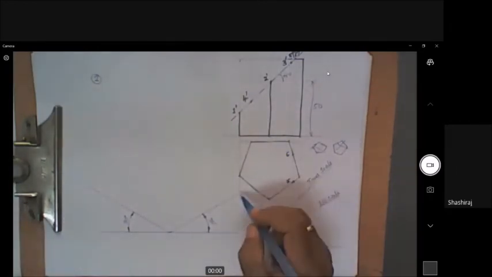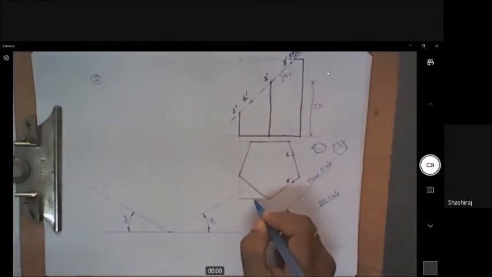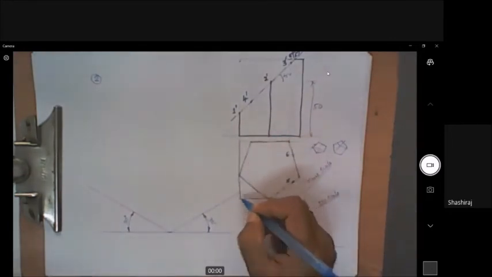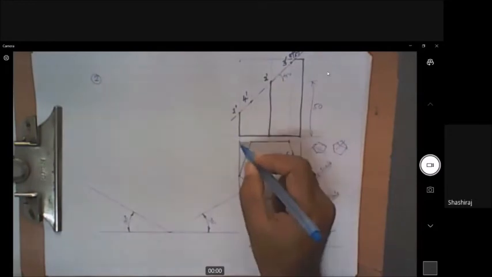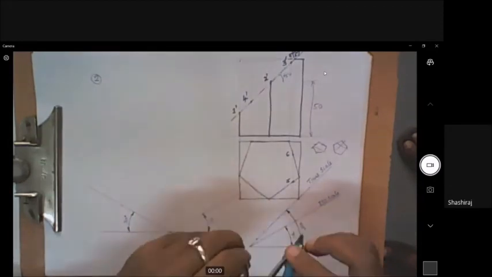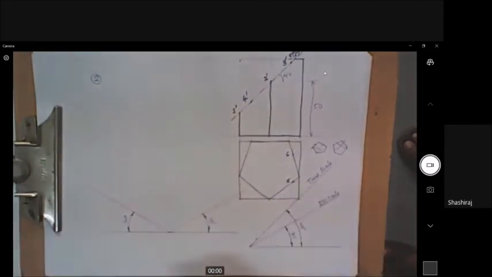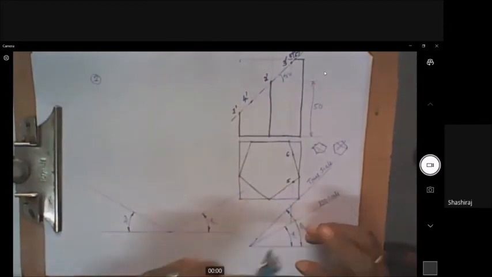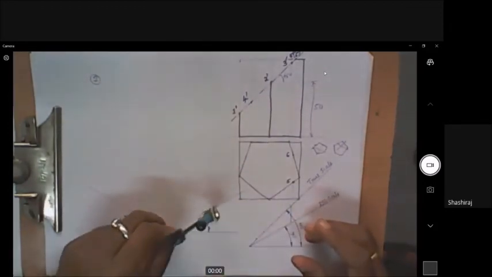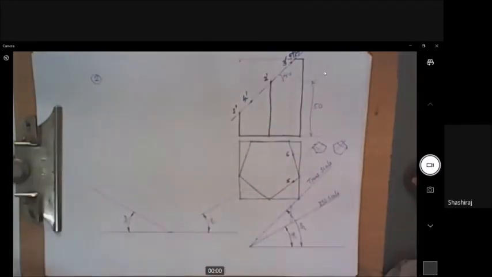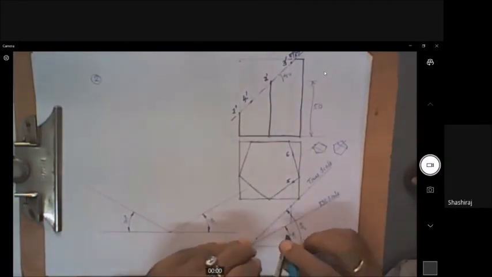After identifying these points, we'll start drawing the isometric view of the pentagon. So pentagon, what we have to do? We have to enclose it inside a rectangular box first. So draw this horizontal line, draw this vertical line, draw this vertical line, draw this horizontal line. So I enclosed this pentagon inside a box. Full length of this side, I have to take it to isometric scale and draw a vertical line from here, and this is isometric length, and I'll mark it on this side of the axis. Here, I got it. I'll take this length, it will be this much, and I've already drawn the vertical line there. We take this much length,